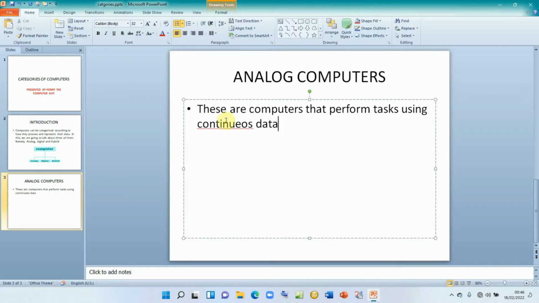Just like that. We have some mistake here. We can right click and get the right spelling for continuous. Then we put a full stop and say that these devices are used